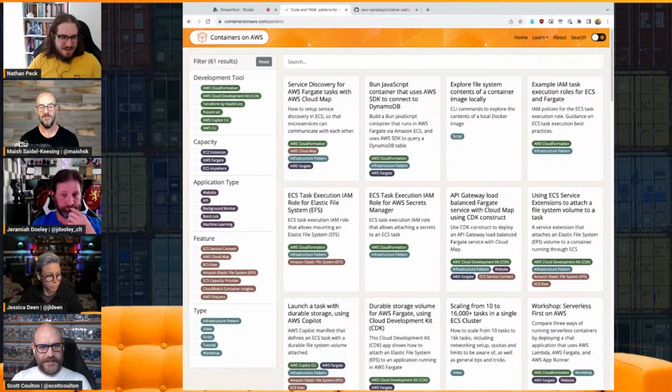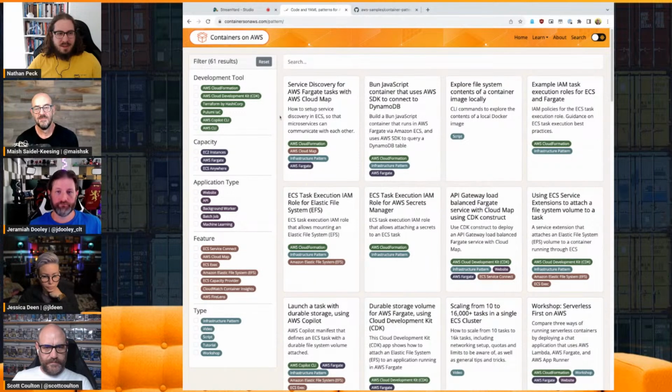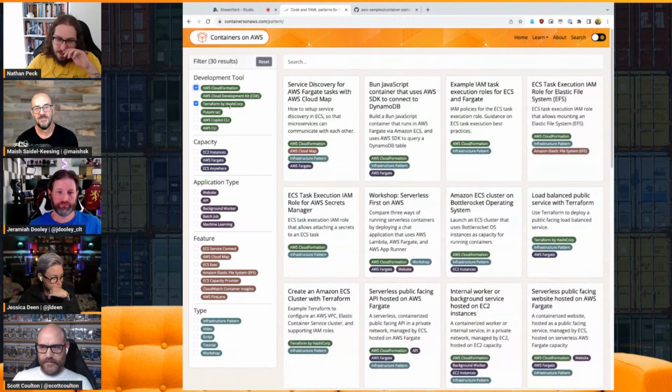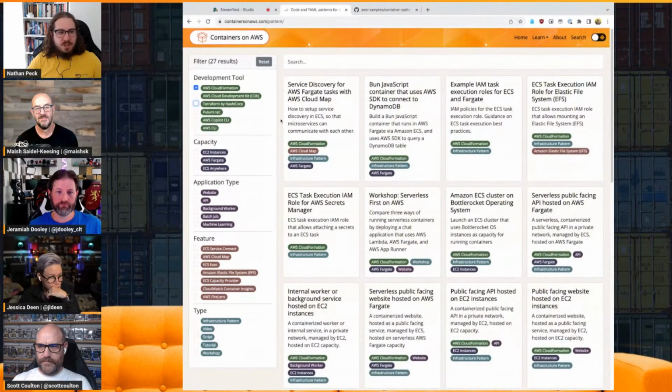Absolutely. And I'm particularly excited about the fact that there's a list of development tools too, because, for example, I know everything, or well, pretty much everything, hopefully, about using AWS CloudFormation, but I'm not as experienced with Terraform. So, as we get more people contributing patterns here, I'm hoping that we'll fill out the Terraform section to have as many patterns as we currently have for AWS CloudFormation. Right now, it's very, very focused on CloudFormation for most of the patterns.